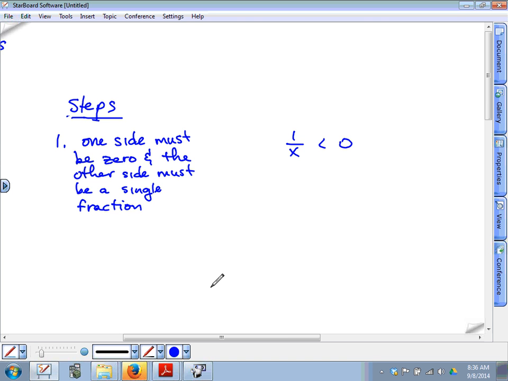I'm not really asking you guys some tough questions here. Plug in a 5. Does that make the statement true or false? False. So is it true for x equals 5? No. Is it true for x equals 20? No. Is it true for x equals negative 10? Yes. Or for negative 100? Yes. That's why it's so critical that we have one side equal to 0, because quite often we're dealing with